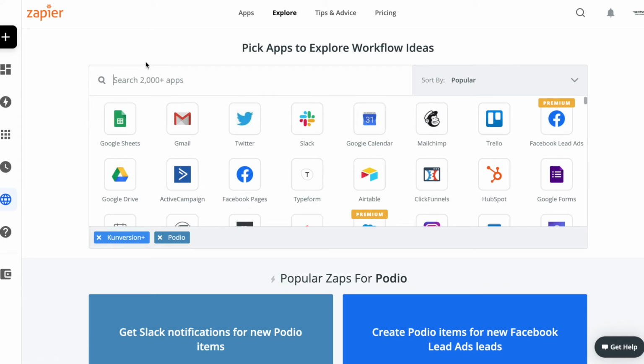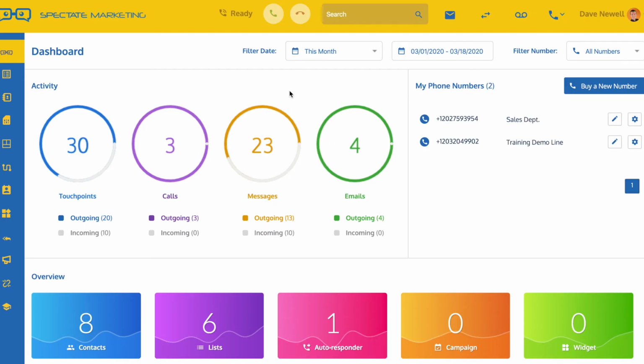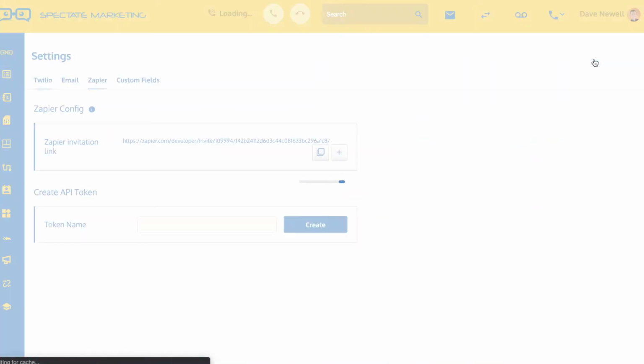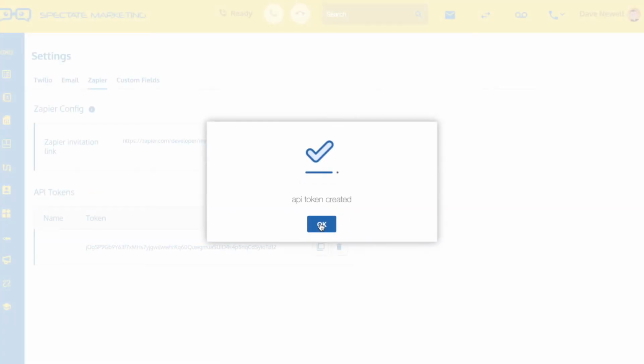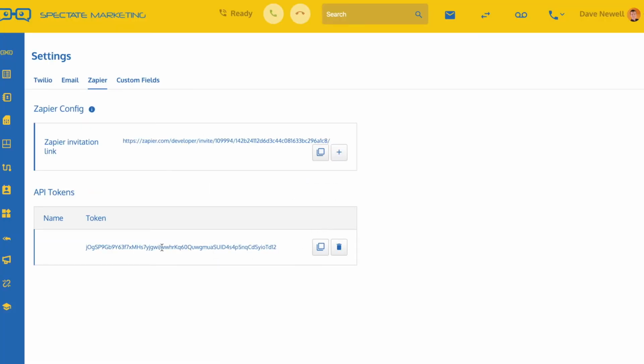All right, well, you're wondering now, how do I integrate all this? So we bounce back to Spectate, and if we go up here in the top right-hand corner and go to your settings, we're then going to use this third tab over for Zapier, where you're going to see two important fields, your Zapier invitation link and your API token. So we're going to start off by hitting the Create button and creating for ourselves a token, which appears right there. And then you want to either highlight it and copy it to your clipboard, or we've got a handy